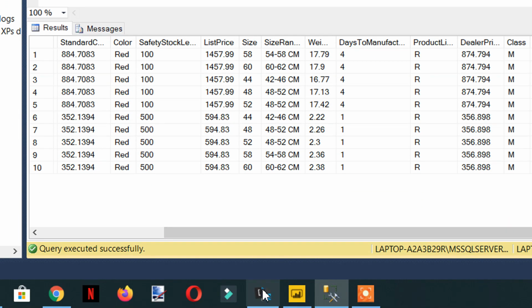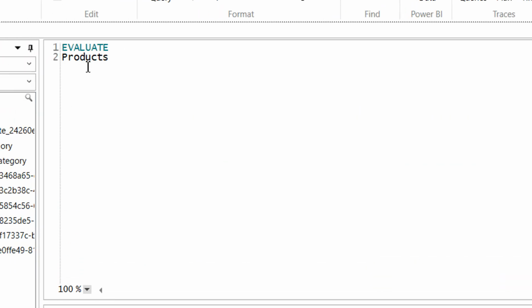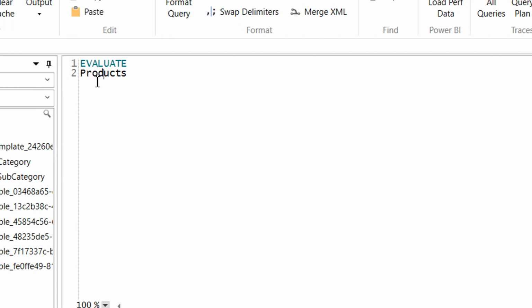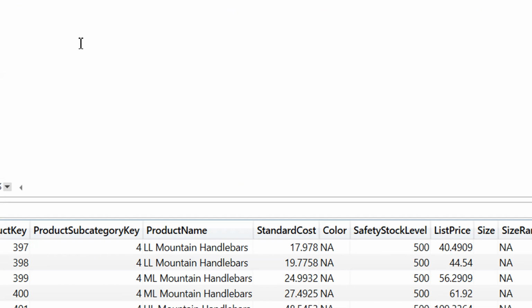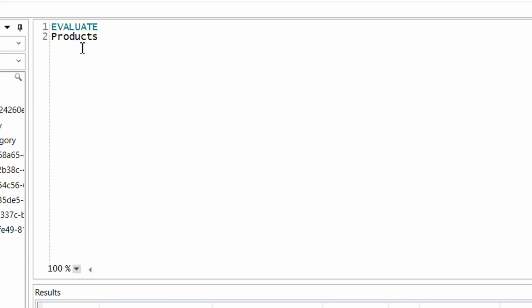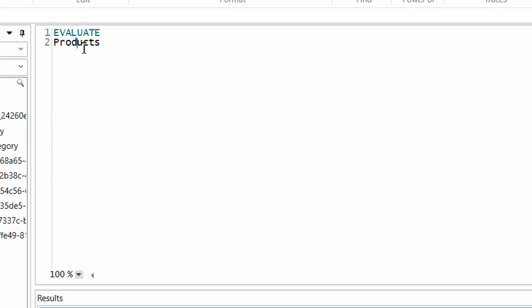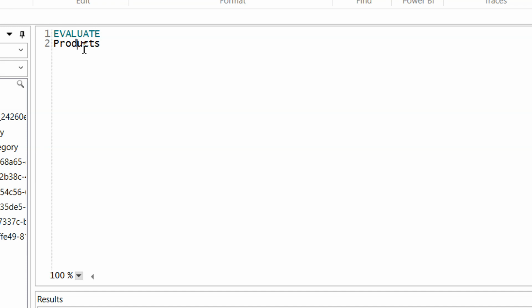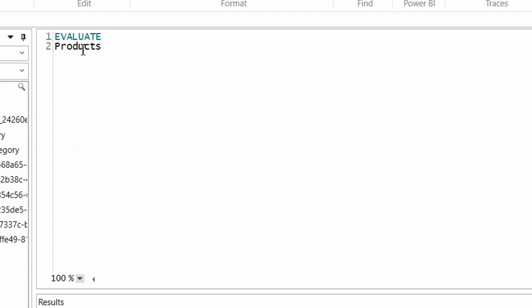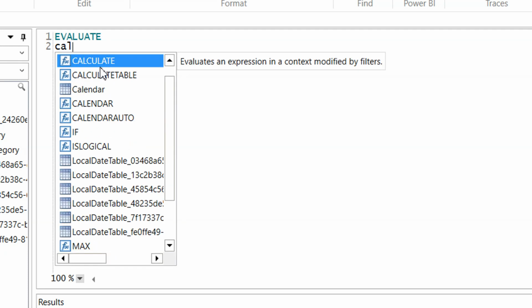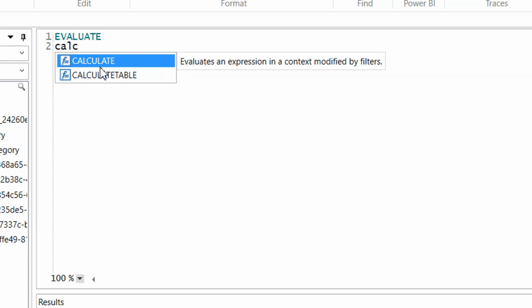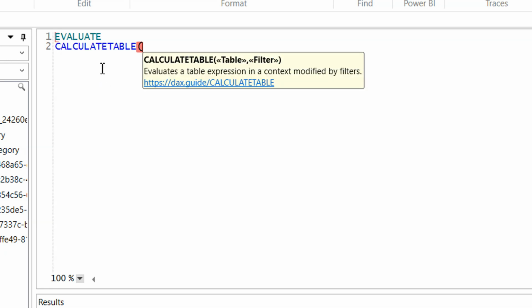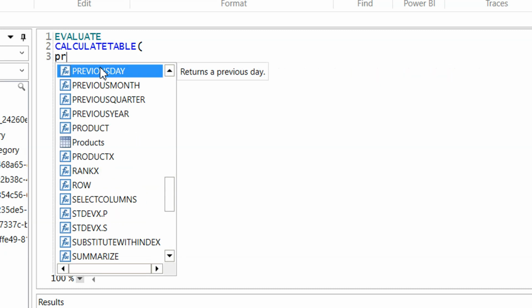So let's go to DAX Studio, and here I have executed the product table, and it has 397 rows. So we had already learned how to filter with the help of the filter function, but today we will use the CALCULATETABLE function. CALCULATETABLE works the same as the CALCULATE function. CALCULATETABLE, and here we have to give one table name, that is product,